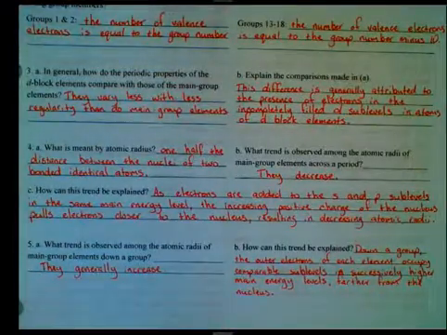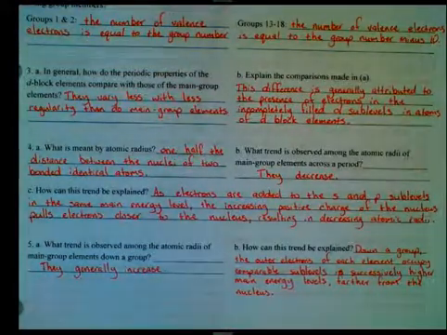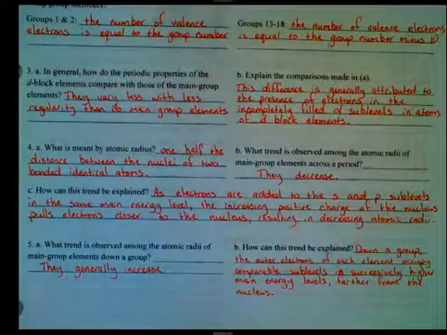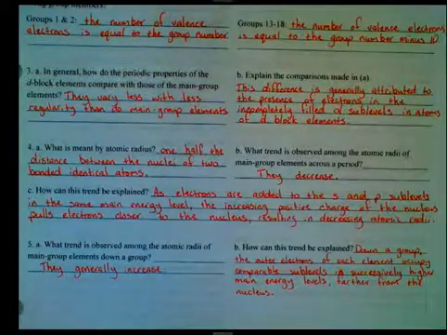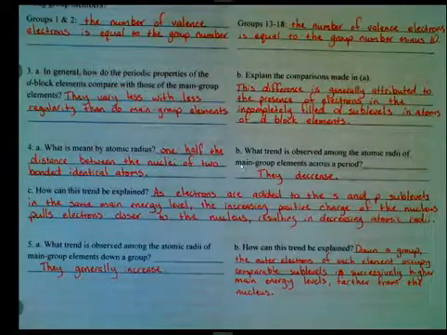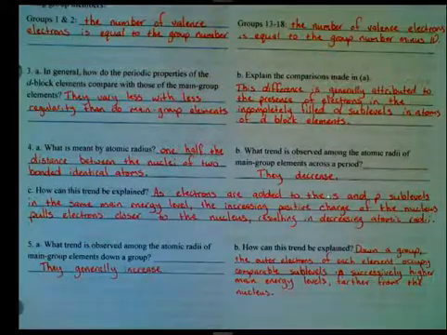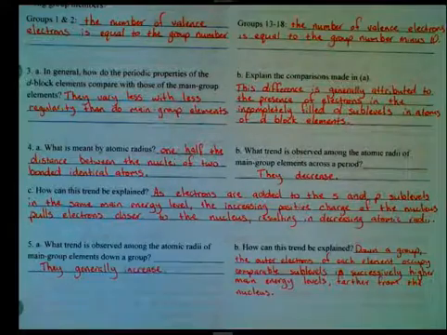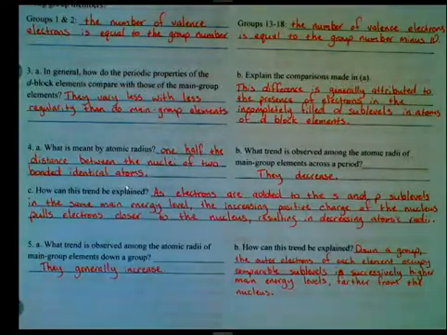And lastly, there's going to be another quiz point and test point. How can this trend be explained? As electrons are added to the S and P sublevels, you might ask, why are we talking about the S and P sublevels? Because the original question is referring to main group elements, so we're talking about S and P sublevels. In the same energy level, in the same main energy level, because we are going across a period, okay,